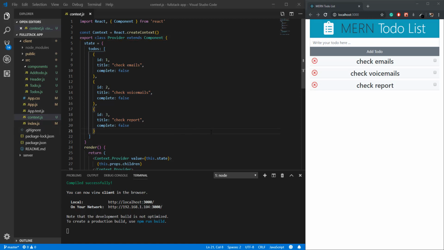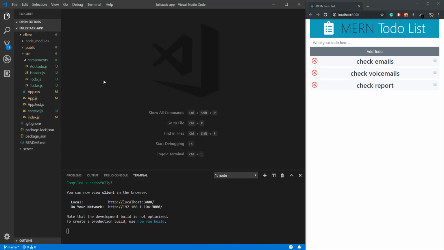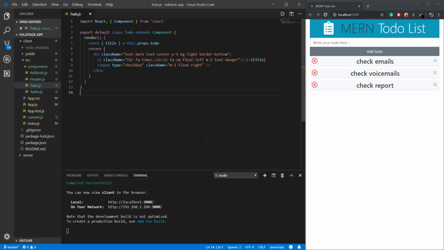Next I want, if one of them is complete is true, to have a line through it. So when we change this complete from false to true, they should have a different style. So let's just do that. I'm going to go to Todo, and in here what we're going to do is